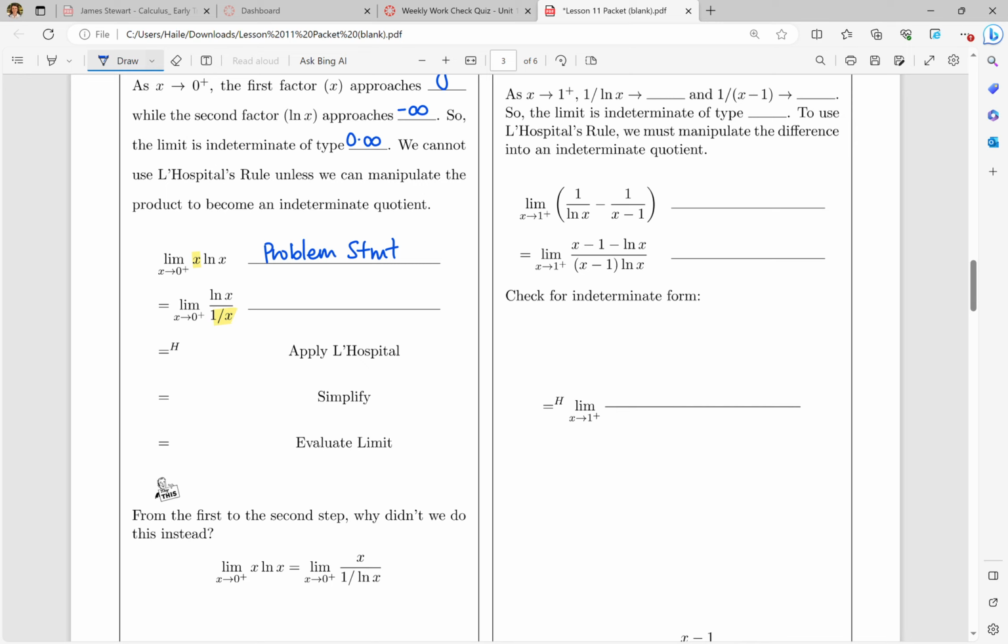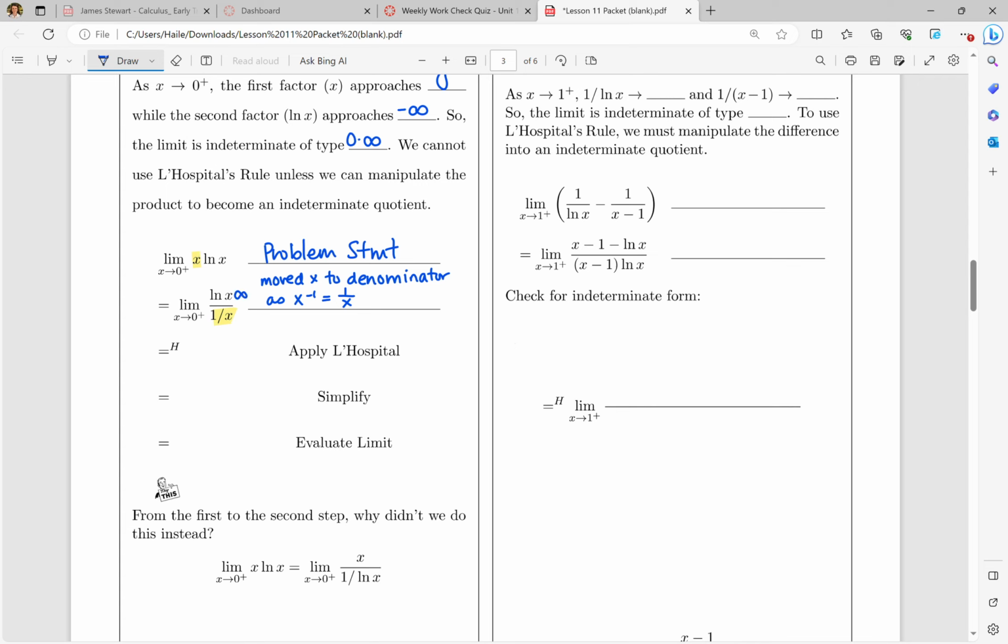So what we've done here is we've moved x to the denominator as x to the minus 1. Just like when we move stuff from the bottom to the top and change the exponent to negative, it's the same thing if you move it from top to bottom, but x to the minus 1 is just equal to 1 over x. Now, if we test this limit for indeterminacy at this point, ln of 0 is infinity,